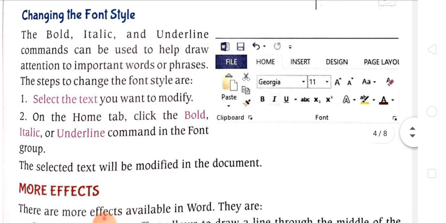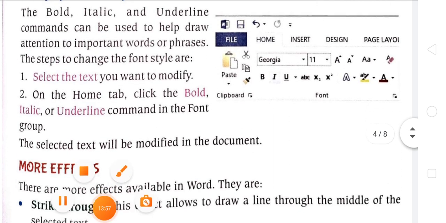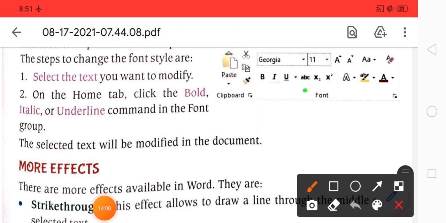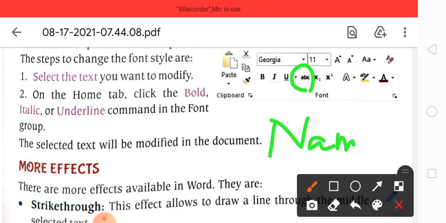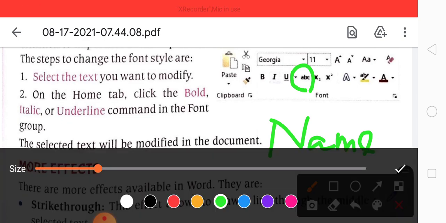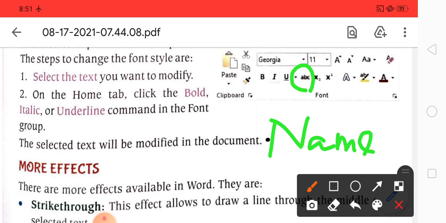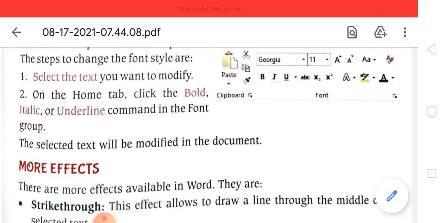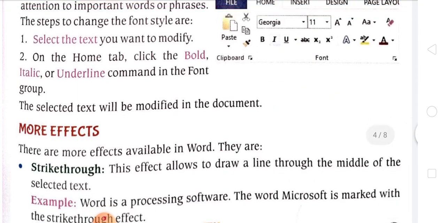So here you see there is another option, that is strike through. It means whatever you write, just write your name here, and if you click here on the strike through option, then just like this, an appearance of a line cut in the middle of the text is drawn.